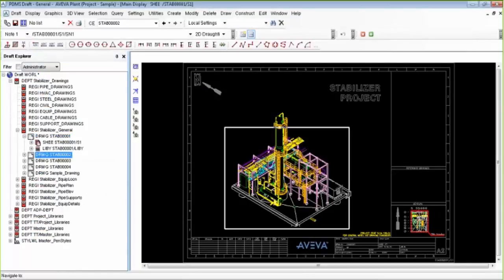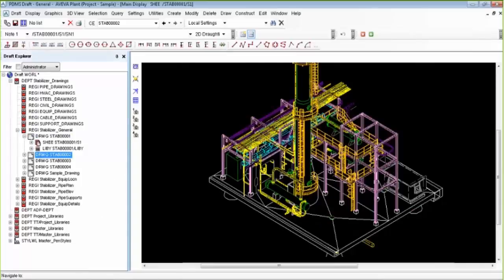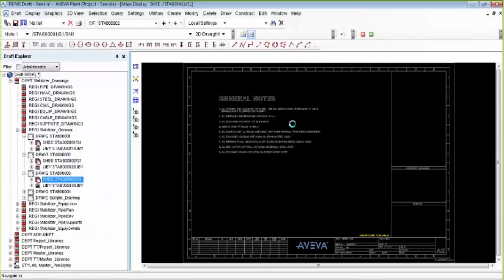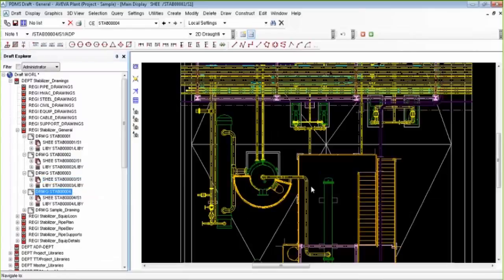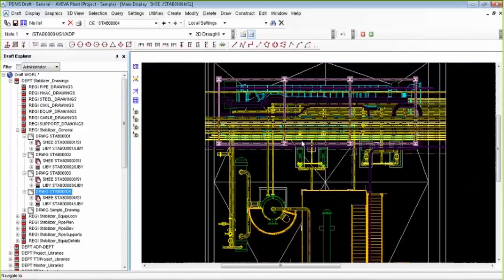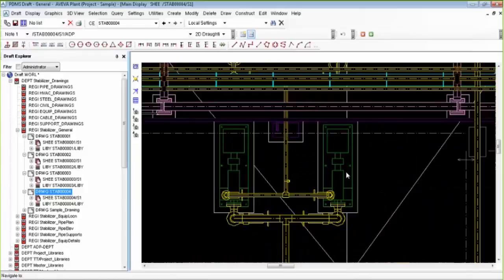Like this is a drawing, isometric view of the model. Let us say this is the 2D drawing of the model that we have seen in 3D.